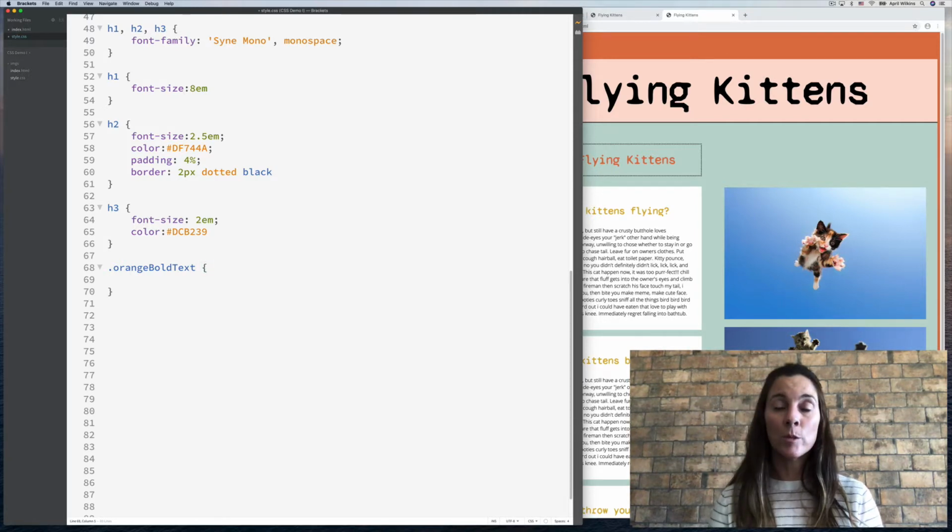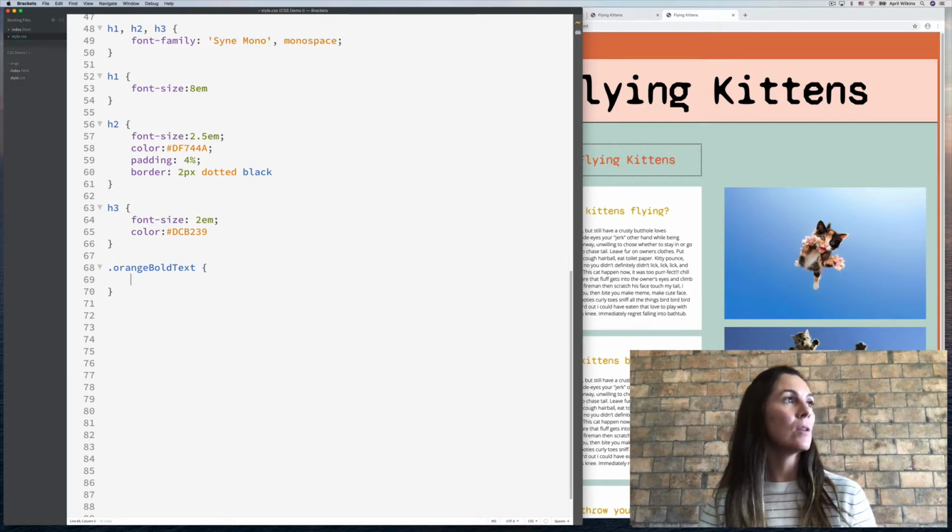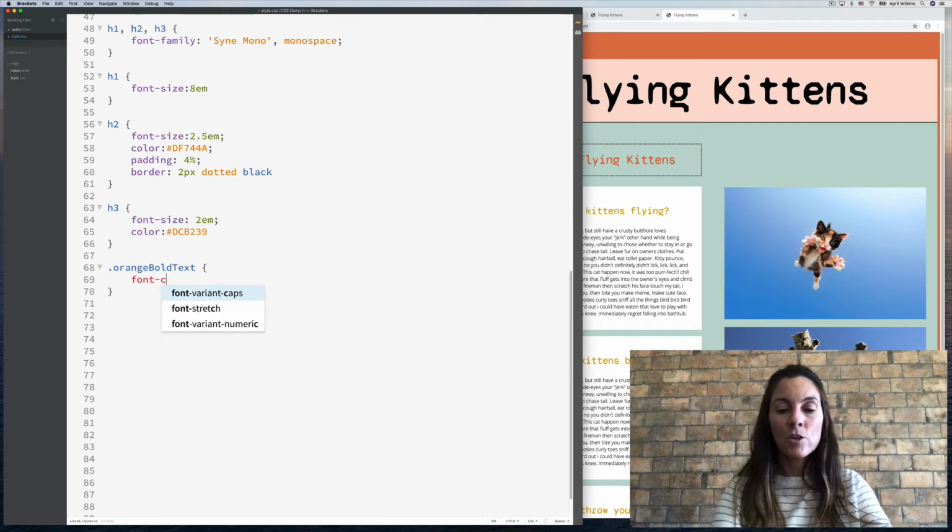I'm being descriptive with this class selector. Just by reading that, you can now see that I'm going to make this text orange and bold. So let's do that. My font color,